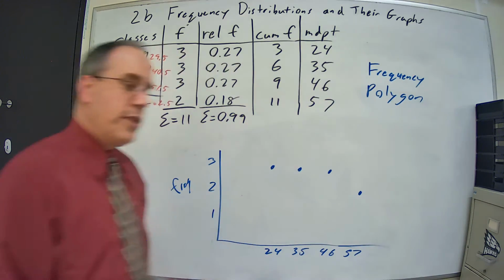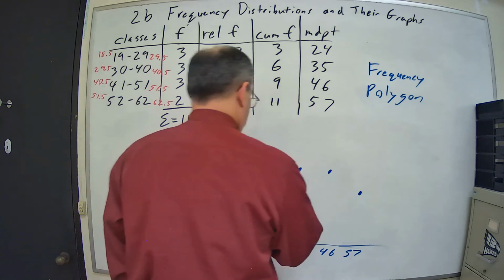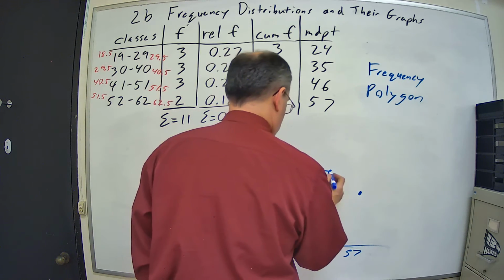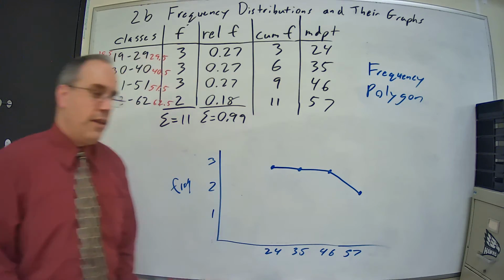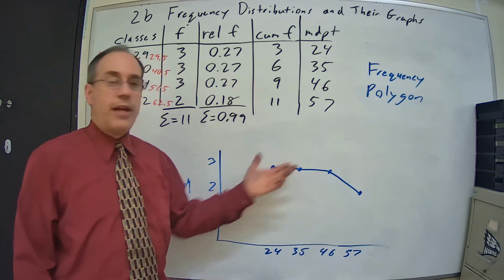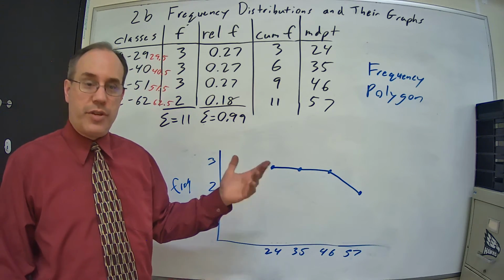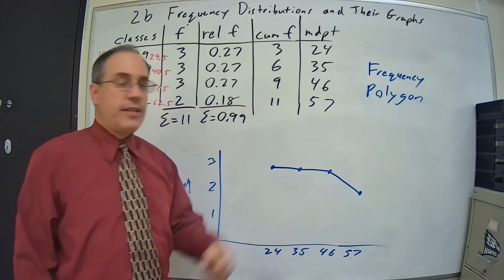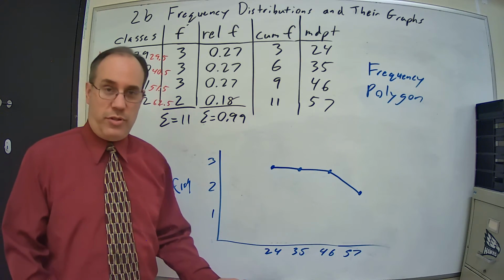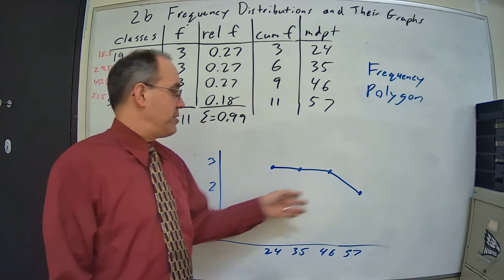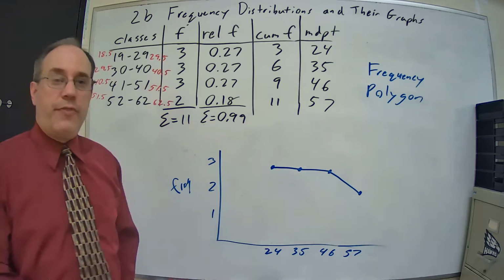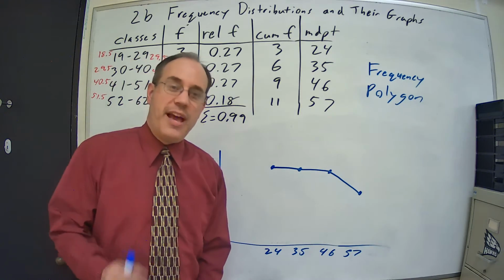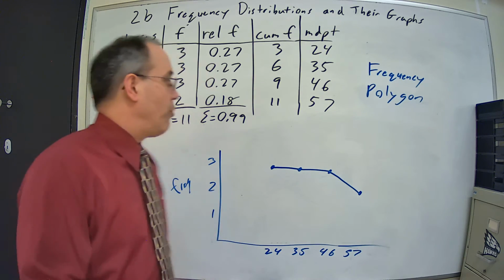And then, just like we did in grade school, we're going to connect the dots. Now I have a multi-sided figure consisting purely of line segments, but it is not closed. Notice it is open here. So how do we fix that? Well, there's a mathematical method that we use to fix this. And what we do